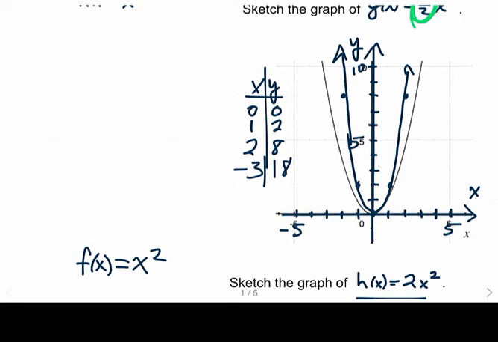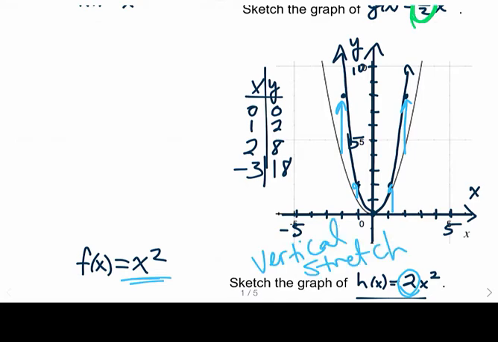In other words, the effect of the 2 as a coefficient doubles each y value. It doesn't move the graph up, but each y value is double the corresponding y value for x squared. So this is what's known as a vertical stretch,